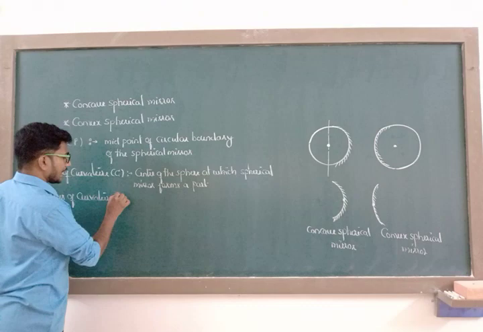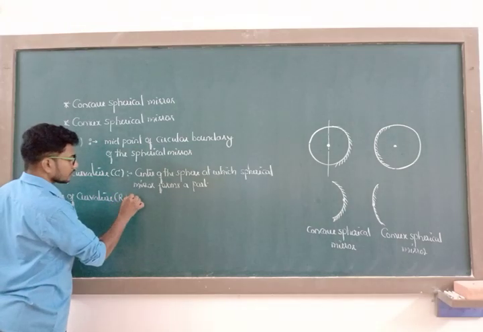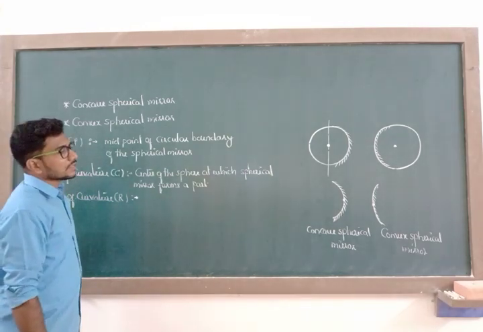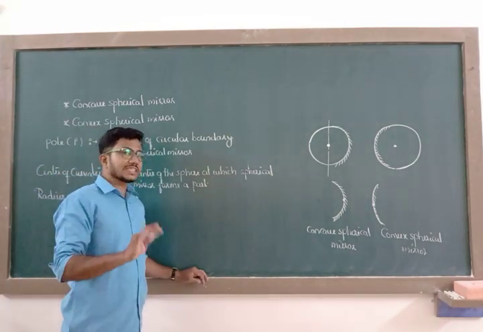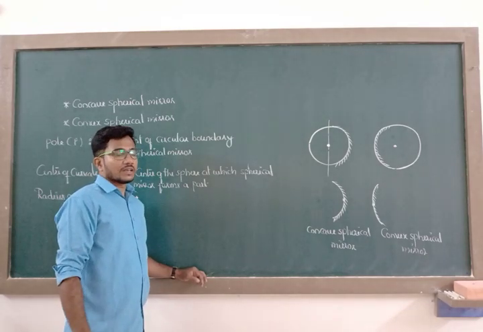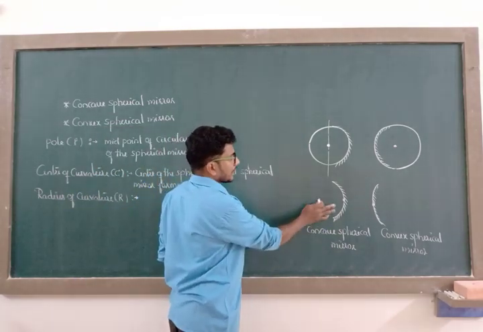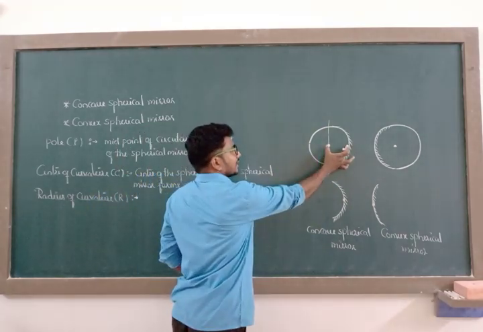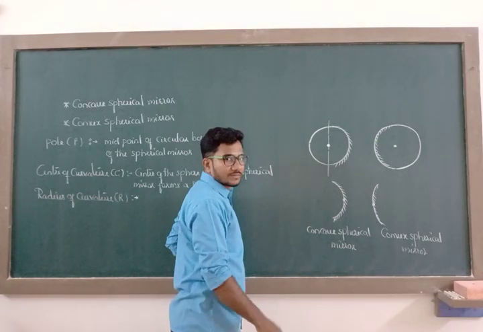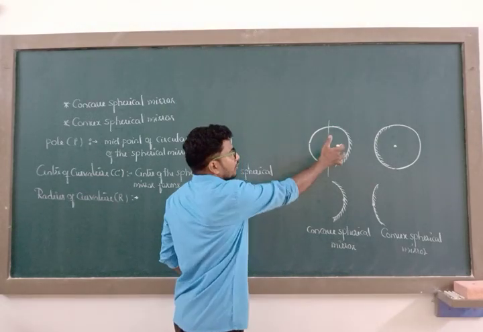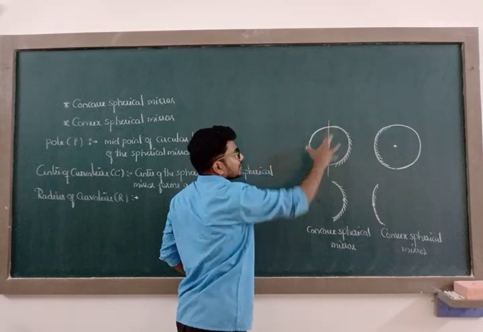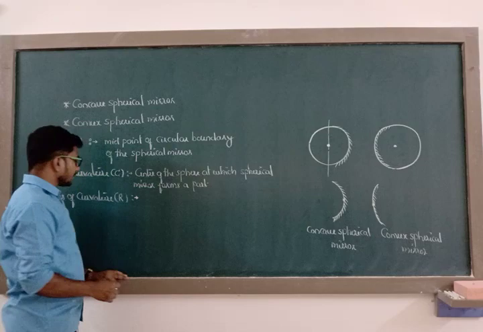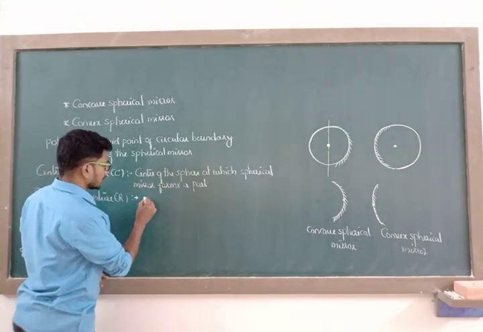So it is represented by capital R. A radius of curvature is nothing but a radius of the sphere at which the given spherical mirror forms a part of that sphere. That means this distance, any point on the circumference of the sphere. Therefore, here radius of curvature is nothing but a radius of the sphere